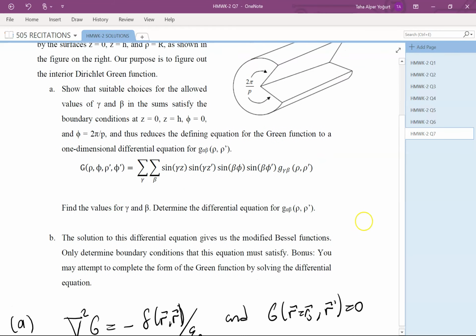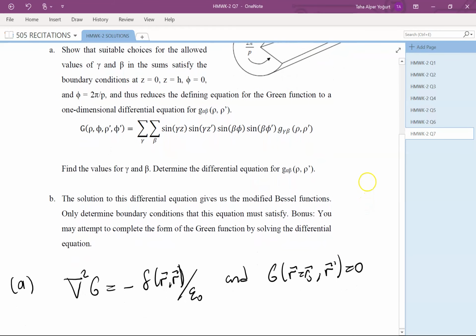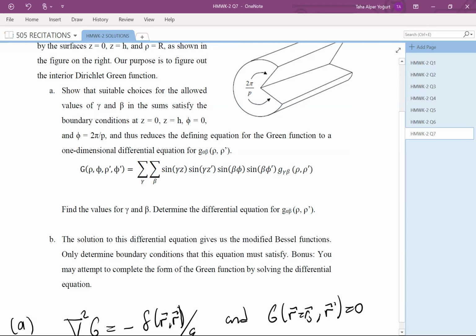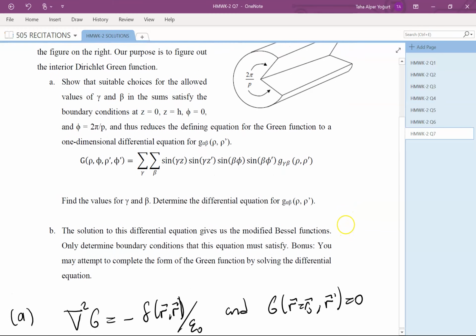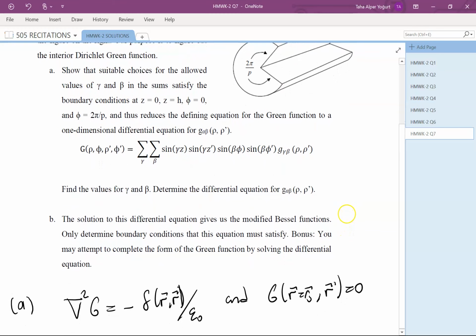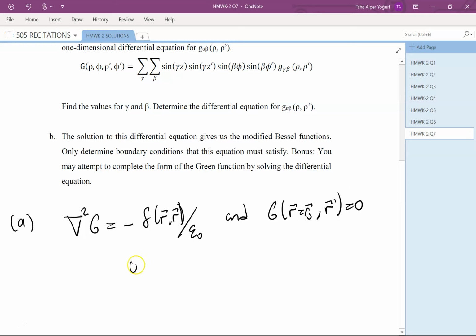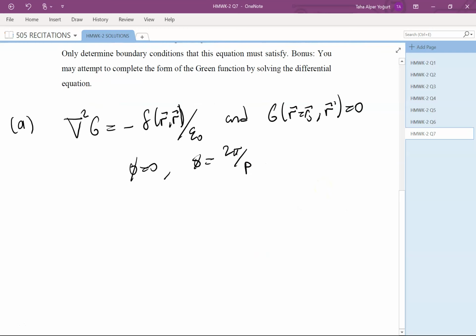But in this geometry now we have a cylindrical symmetry, but we also have some finiteness along the Z direction. Okay. And furthermore, it has the phi equals 0, phi equals 2 pi over P conditions, and then Z equals 0 and Z equals H conditions. Okay. To satisfy these conditions,